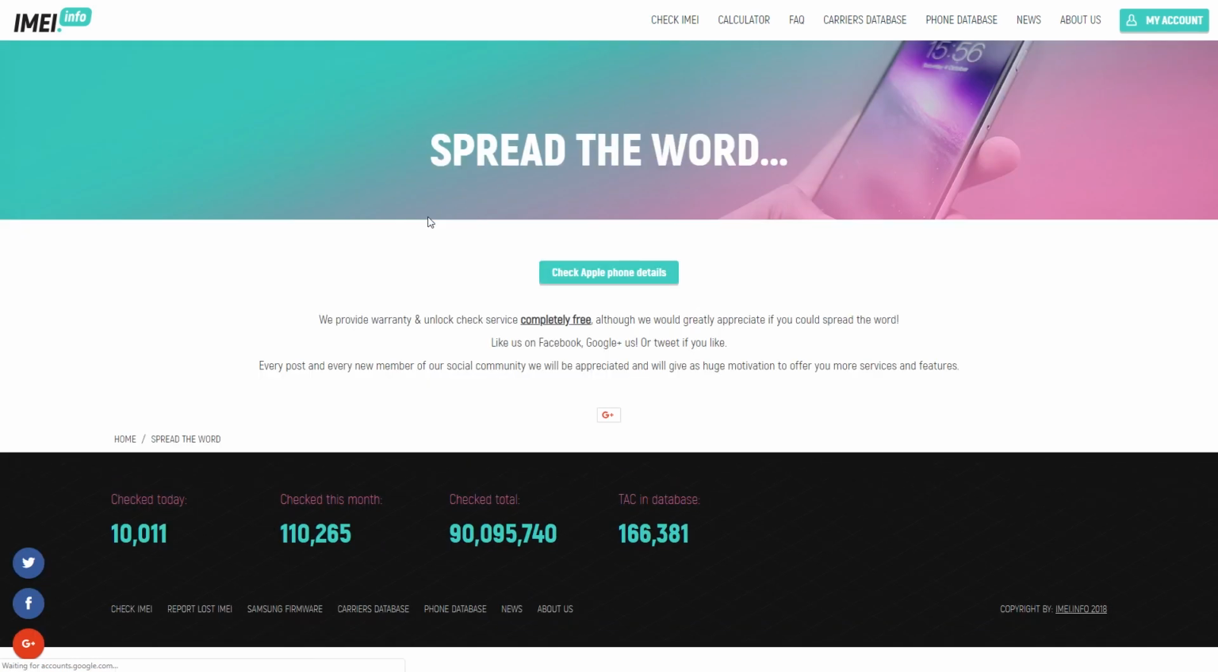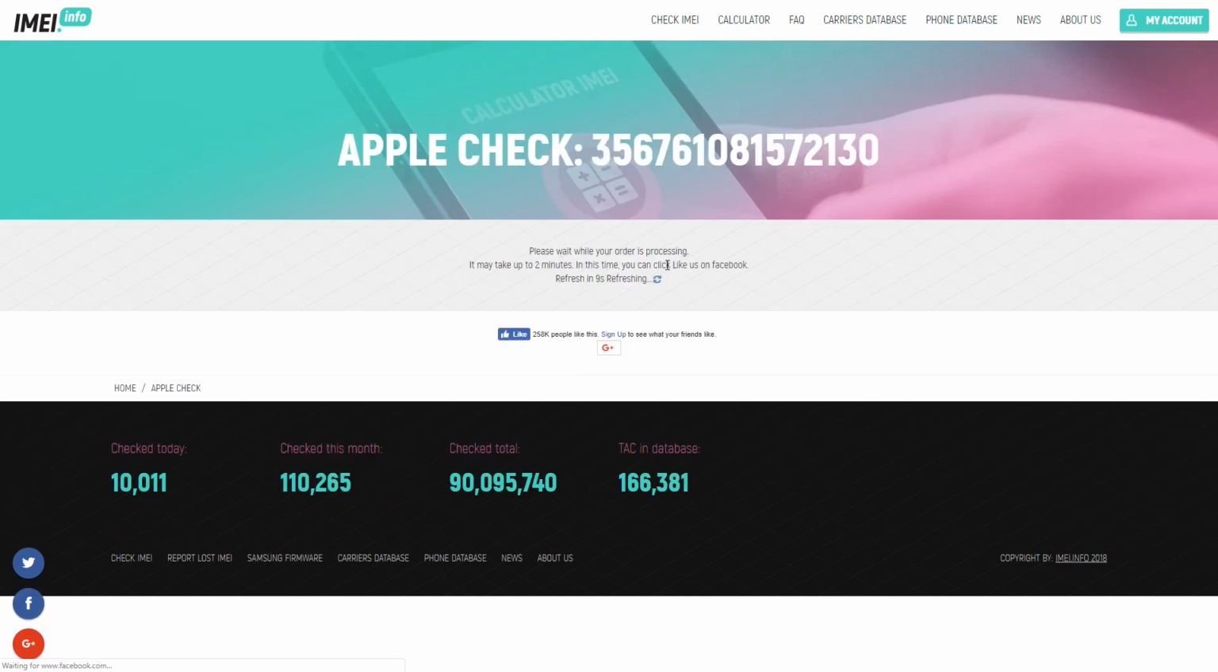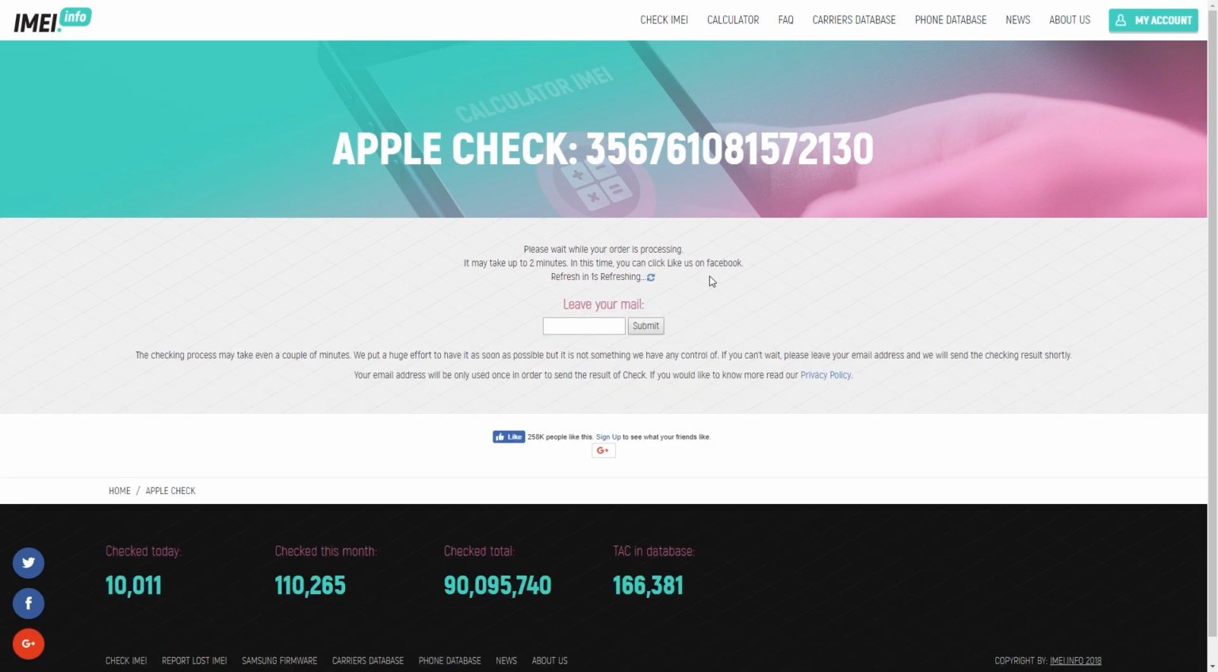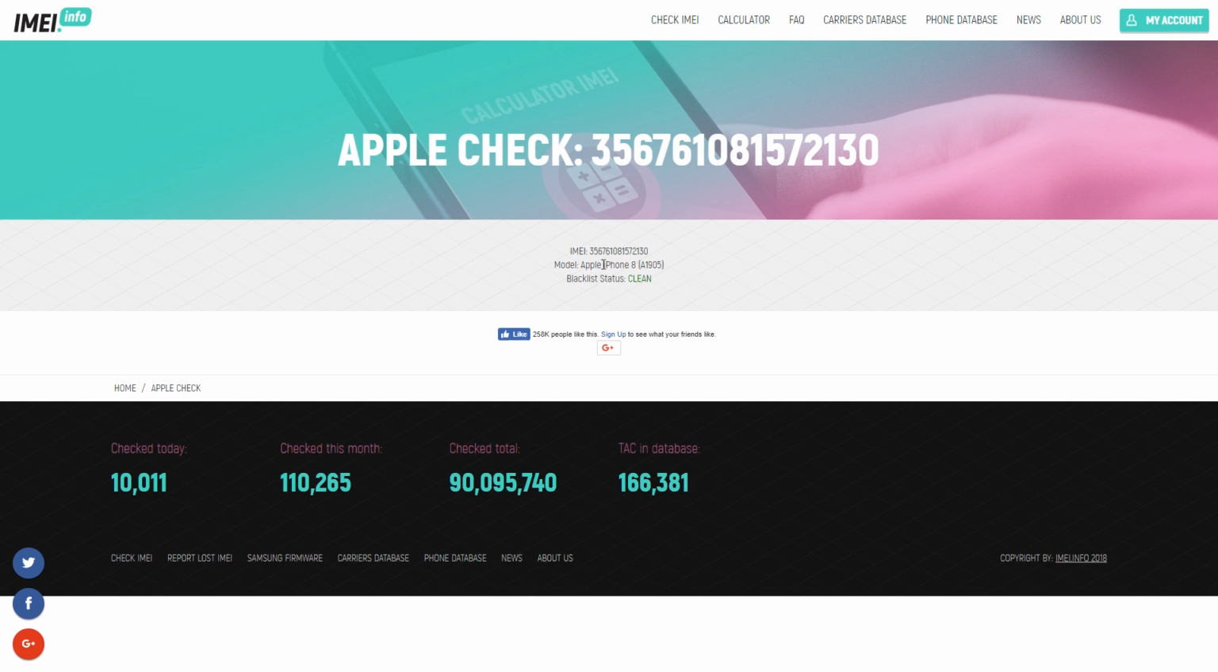Let's tap on blacklist check. Let's use check Apple phone details. As you can see, your order is processing, so wait for the report. Excellent. As you can see, the blacklist status is clean. In my case, this IMEI number wasn't reported as lost or stolen,